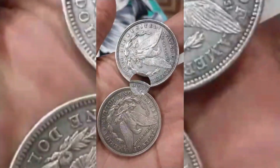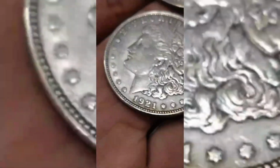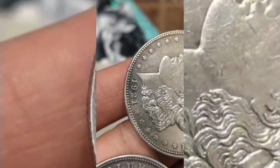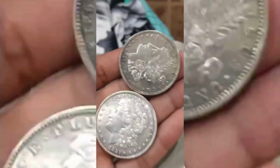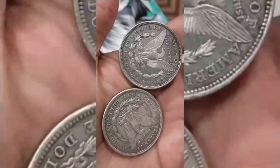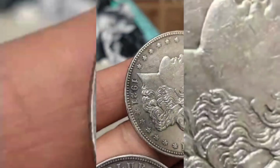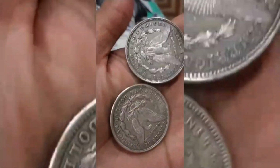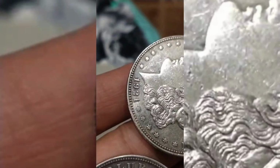and as we flip the coin to examine the reverse, the mystery only deepens, because while it ostensibly displays the traditional Morgan eagle, holding arrows and an olive branch with wings outstretched, upon closer inspection, collectors and experts have identified irregularities such as misaligned wing feathers, a differently rendered beak, and most stunningly, a partially overstruck image of what appears to be the rising sun motif, typically associated with the Peace dollar reverse, subtly bleeding through the lower rim of the